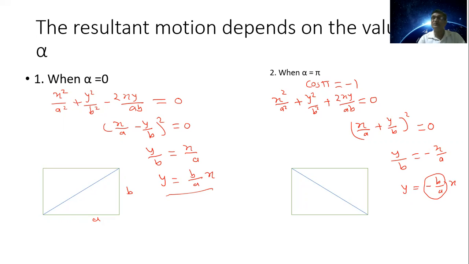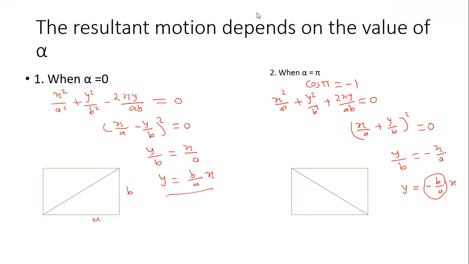That is when alpha is equal to 0 and when alpha is equal to pi, that we can see these two equations. Now then, in the next case,